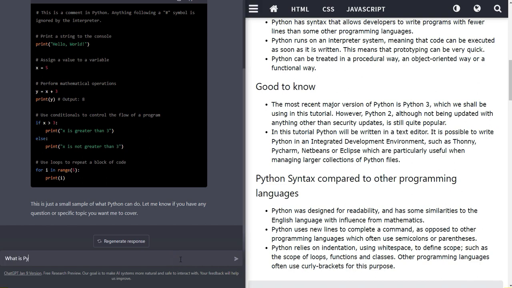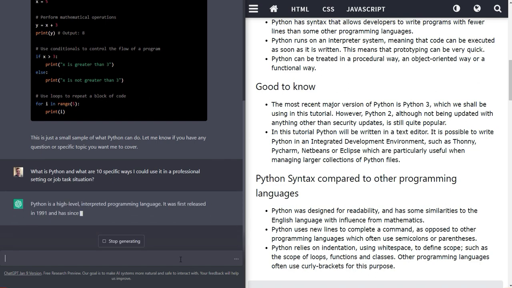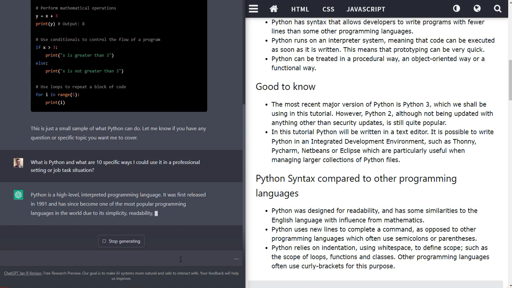what is Python? And what are 10 specific ways I could use it in a professional setting or job task situation? And we're going to see what it comes out with, because the goal is just to get ChatGPT